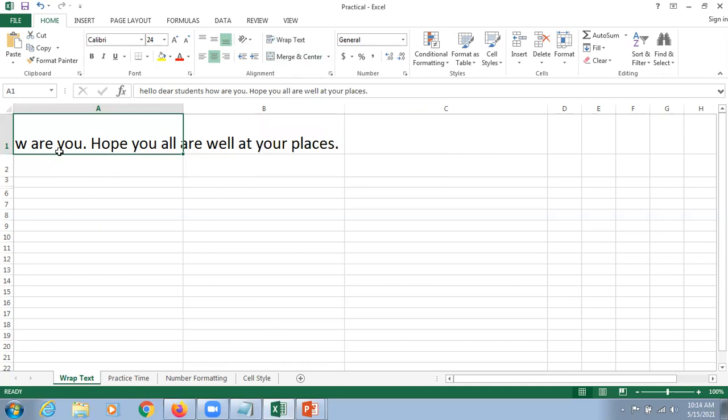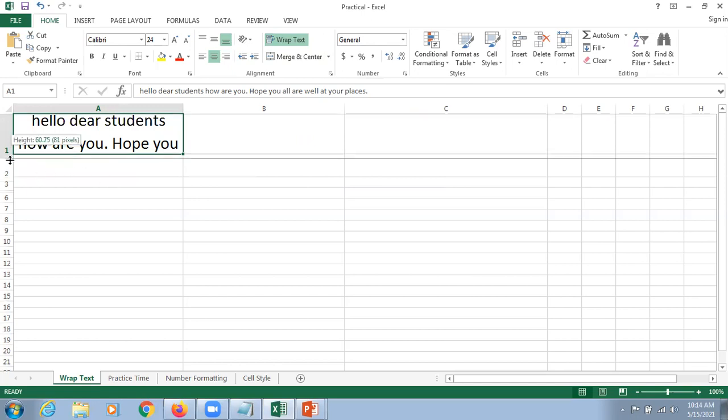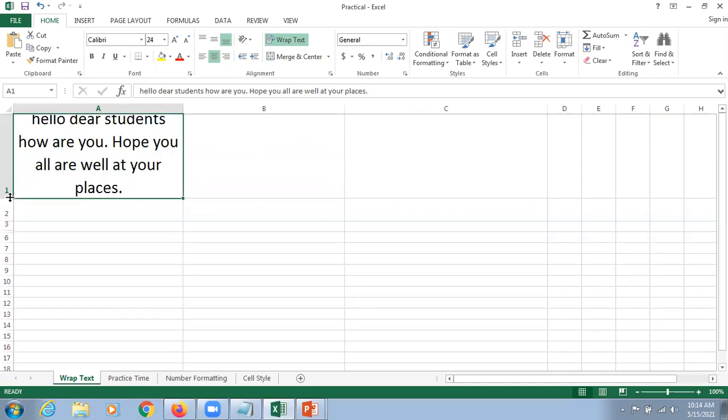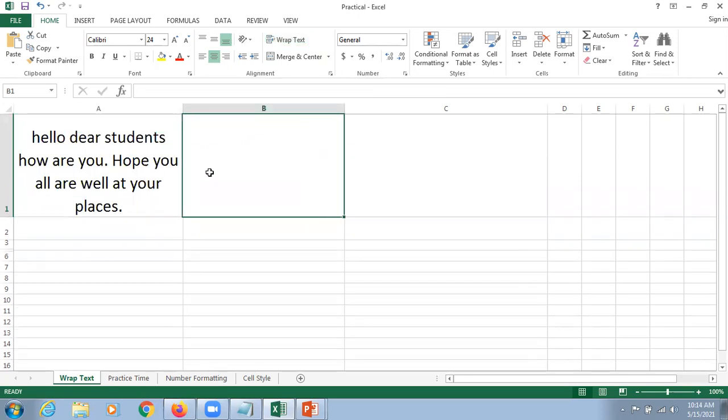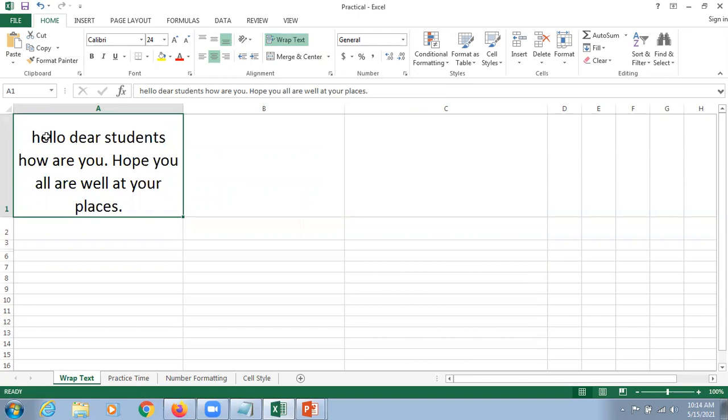So we simply click on that cell and click on the wrap text option, and now, in spite of the content being in a single cell, we can stretch it downwards to increase the height of that cell. Now, as you all know, the content is displayed in the same cell in multiple lines. I think you all must have understood this. When you want to type a long text in Excel and display that same text within the same cell, in that case we can use the concept of wrap text.